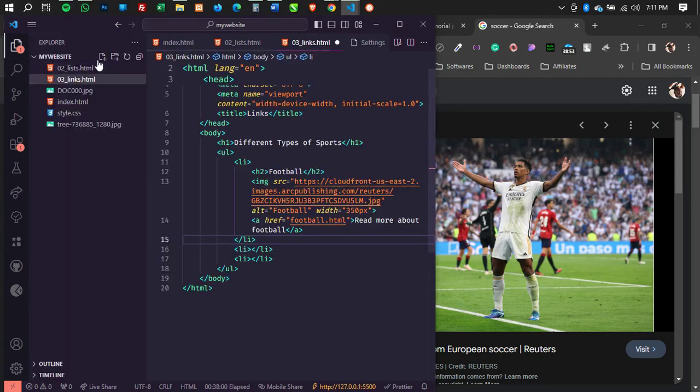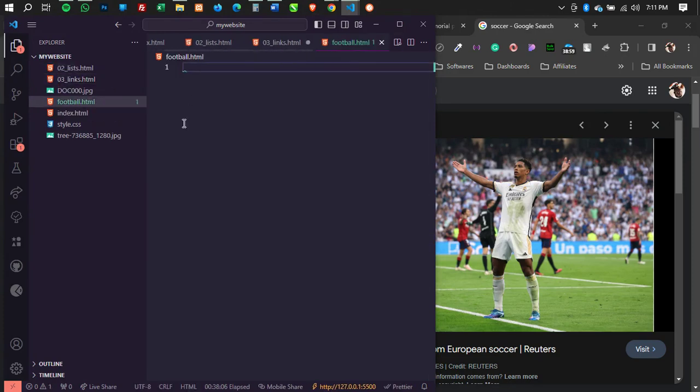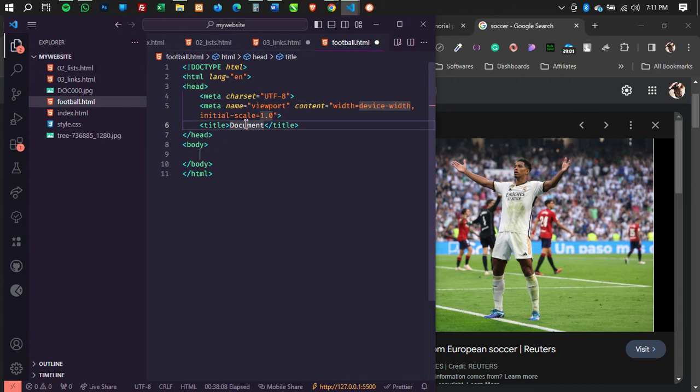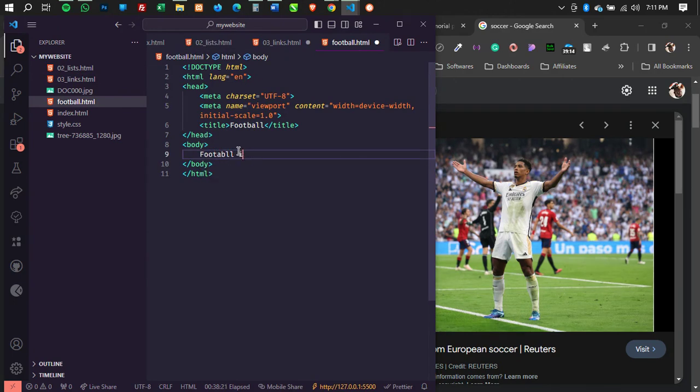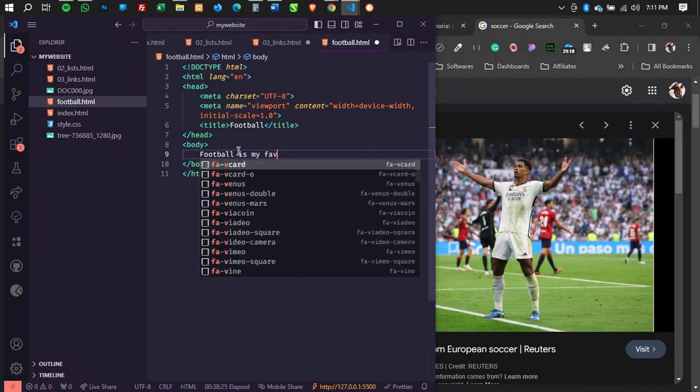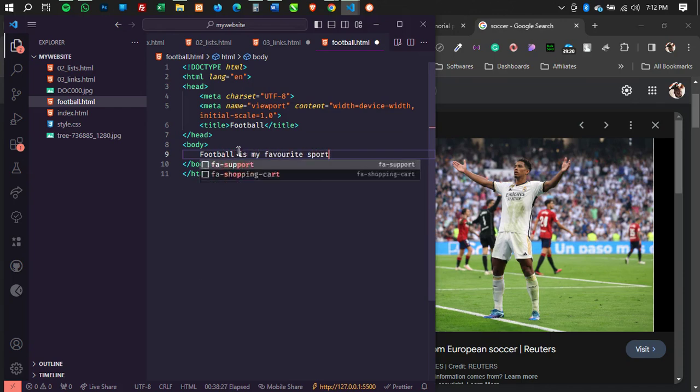Now, let me open my file tree and let me create Football.html. Then I'll bring my boilerplate and say football. So let me just put something over here and say football is my favorite sport, right?